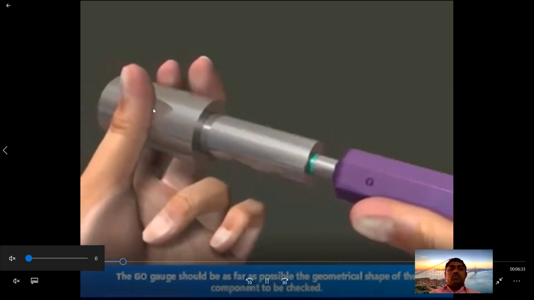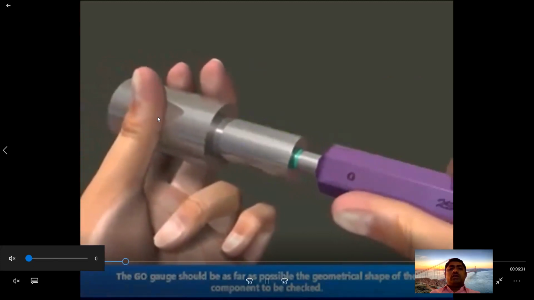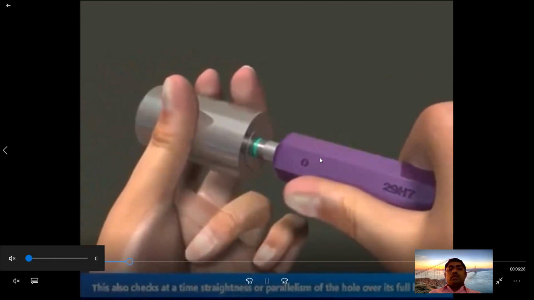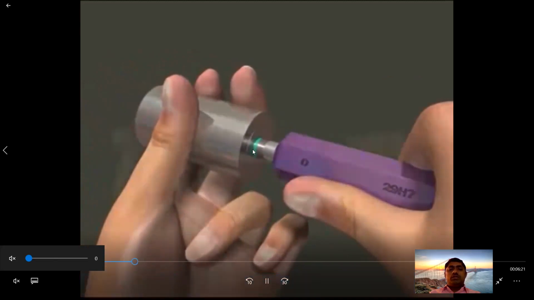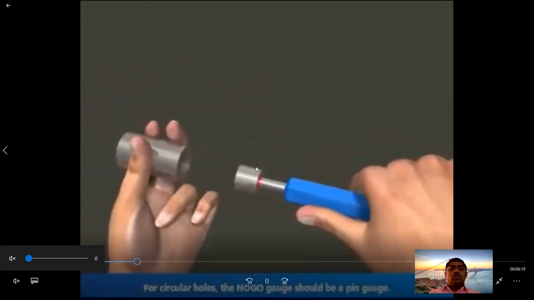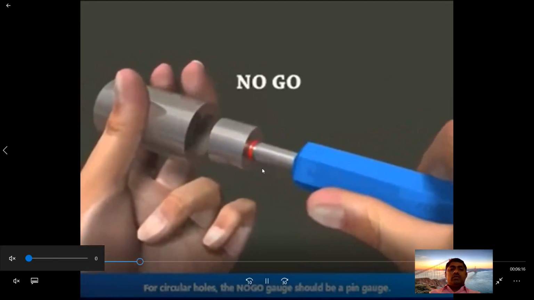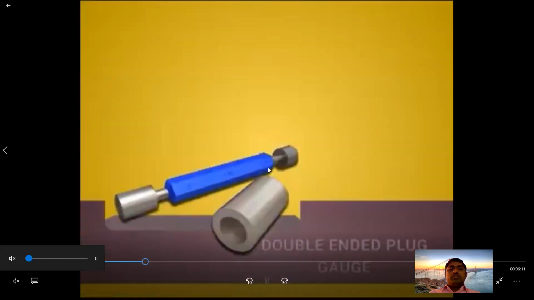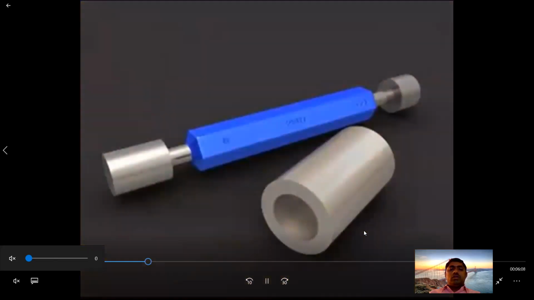So this is the component which is held in between the fingers, and the gauge is passing through the hole. This is the no go end, so this cannot pass. So this is a double-ended plain plug gauge.